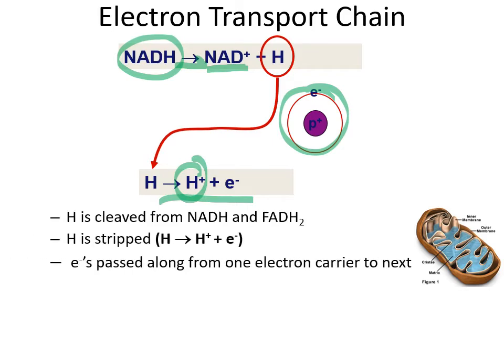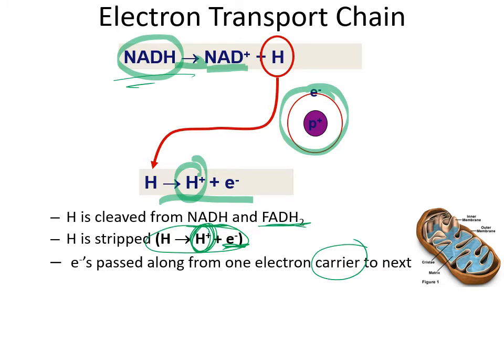The hydrogen is cleaved from the NADH or the FADH2, and the hydrogen itself is going to have its electrons removed from it, creating a hydrogen ion. These electrons that are removed are going to pass along from one carrier to the next. So NADH and FADH2 are the mobile carriers that move electrons from our cellular respiration processes into our